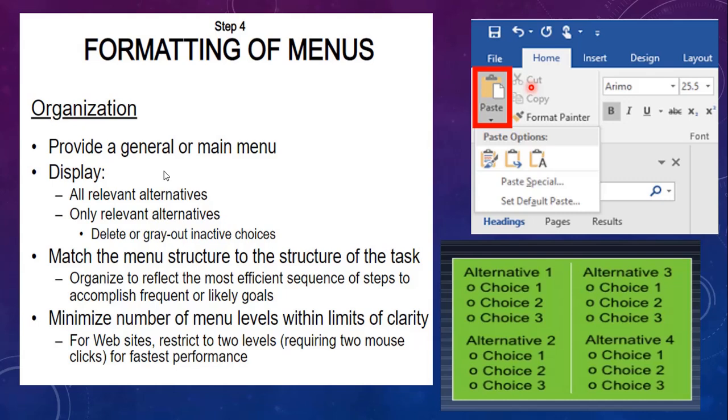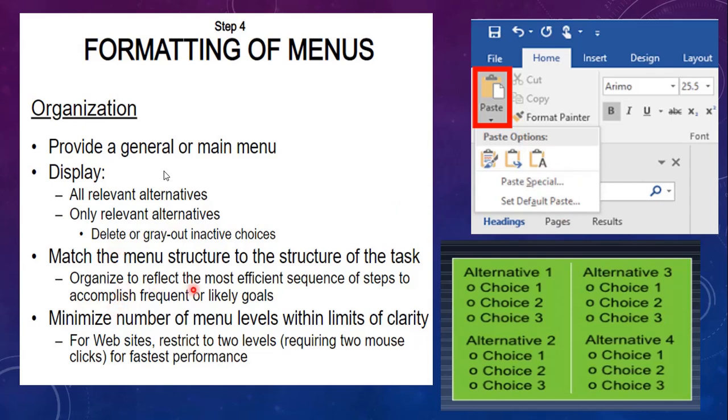So nowadays in graphical systems, we follow the gray out approach for inactive menu choices. That means if any inactive choices are being displayed, they are just grayed out. Graying out will help in presenting to the user. So that is one of the points here. If you have irrelevant alternatives, you can just gray out that option. If the option is very necessary, then you can display it on the screen.